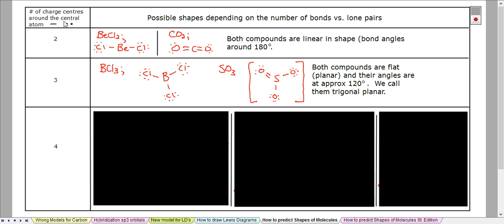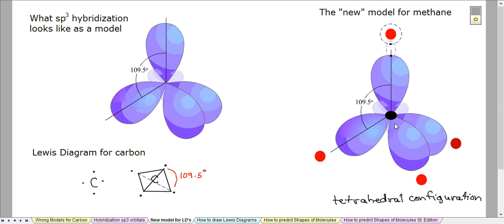This comes back to this concept that lone pairs are also charge centers. And what that means is that a lone pair can act like a bond in terms of pushing bonds away. Whenever we have 4 charge centers, I'm just going to flip back to the old model, that means we have taken a tetrahedral configuration with our electrons. We've hybridized the electrons so that they are approximately or close to 109.5 degrees. Now this angle may get lower depending on if we have, say, a lone pair here or 2 lone pairs,